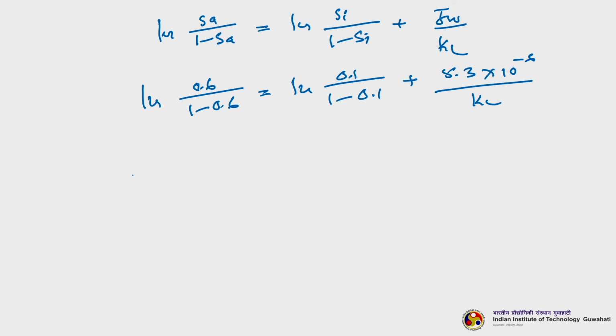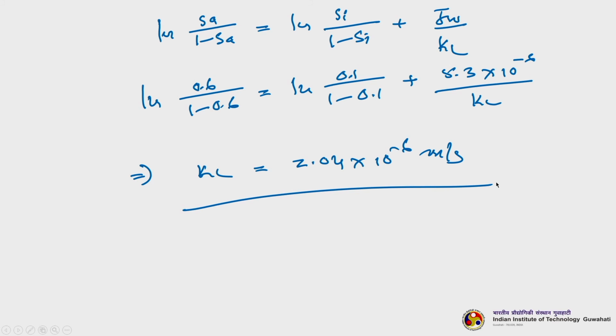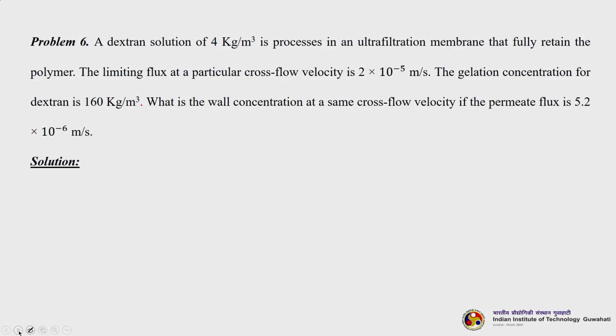Okay. So, from this equation we can find kL to be 2.04 into 10 power of minus 6 meter per second. So, this is the mass transport coefficient. It is a very easy one, the only thing is you need to know this equation. So, in this problem and the last problem we have seen how we use the apparent sieving coefficients, intrinsic sieving coefficient, as well as apparent and intrinsic rejection coefficients to calculate mass transport coefficients. So, a very small problem we will see, then we will wind up today's lecture.